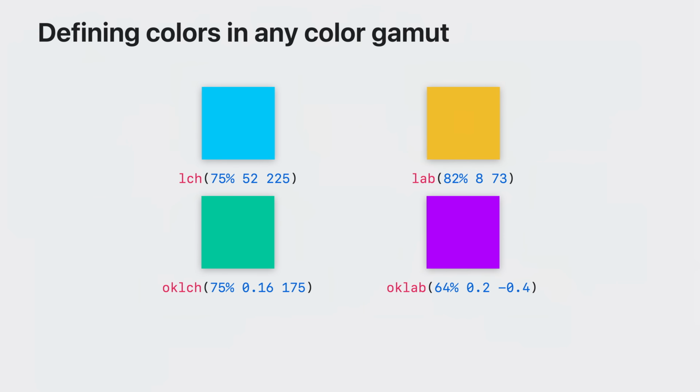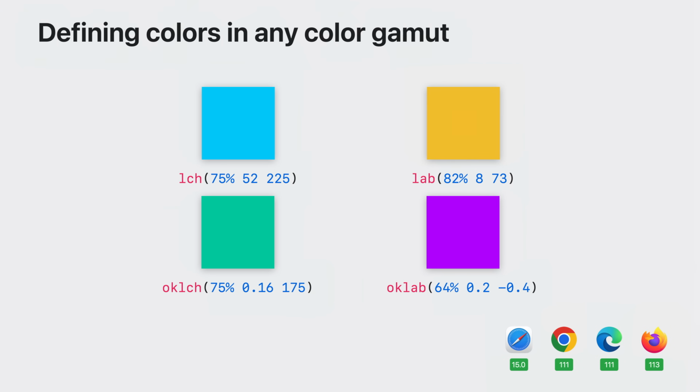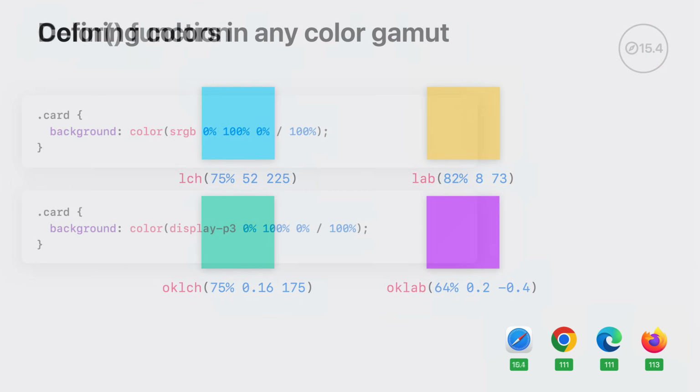You can create colors with LCH, OKLCH, Lab, and OKLab by using new functions for each. If a browser has added support for P3, then these functions can represent colors that only exist in P3, as well as those within sRGB. We ship support for these functions in Safari 15 and 15.4. Chrome, Edge, and Firefox are adding support this year, thanks to the Interop 2023 project.